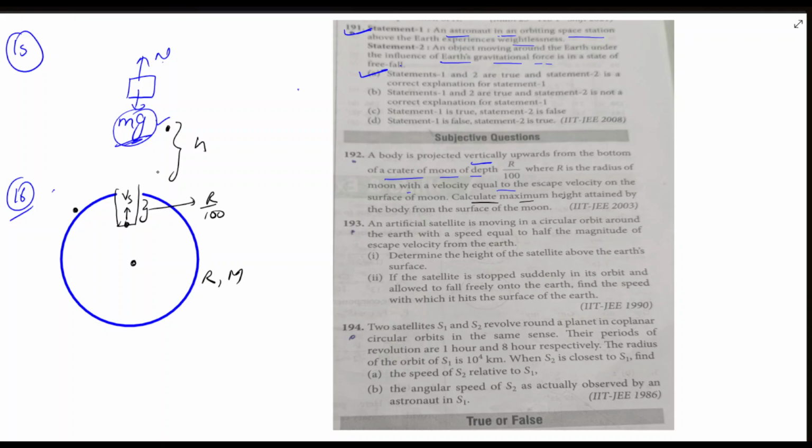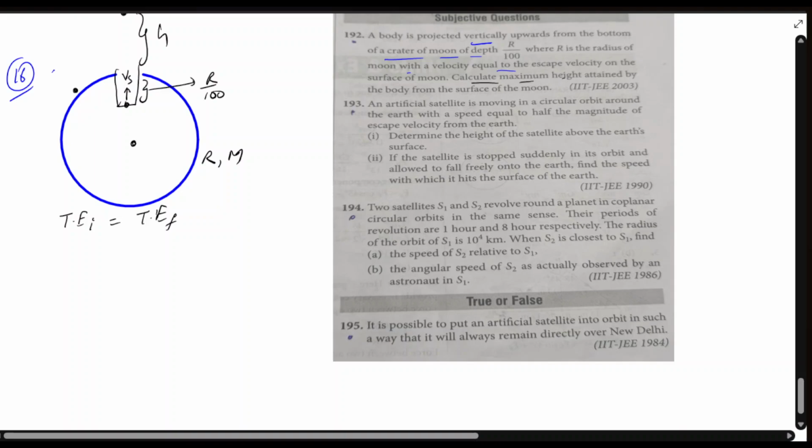Let's say it will reach here, and this h we have to find. Again, we can write total energy. Initial total energy will be equal to final total energy, right? Let's write. So initial total energy will be half m